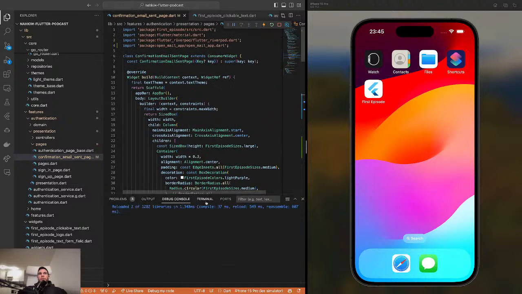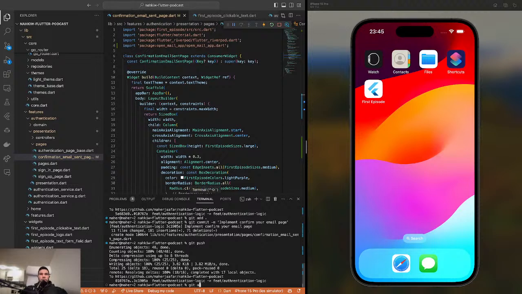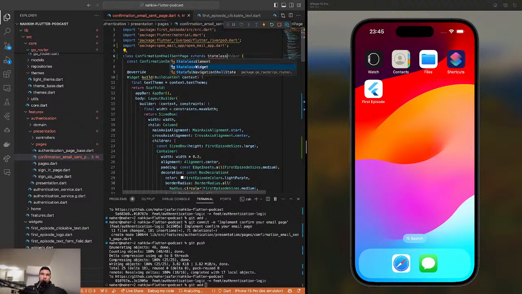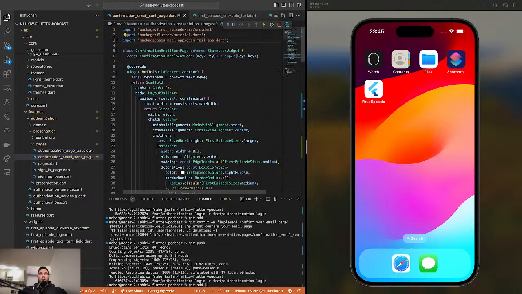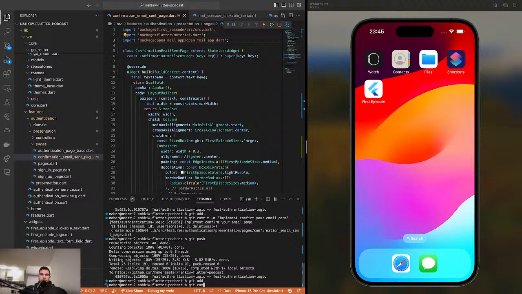Cool. So we haven't done anything with Riverpod today, and this could be a stateless widget because we don't have Riverpod. I think this is enough for today. See you in the next session, but before that we just deploy our code, implement open email app